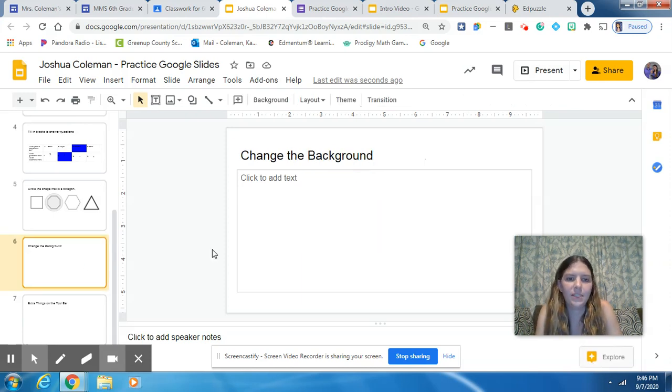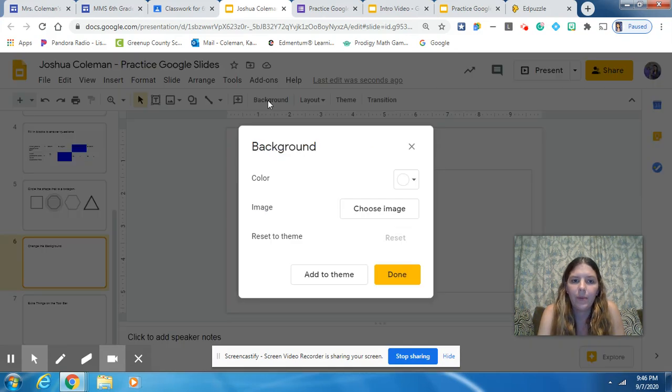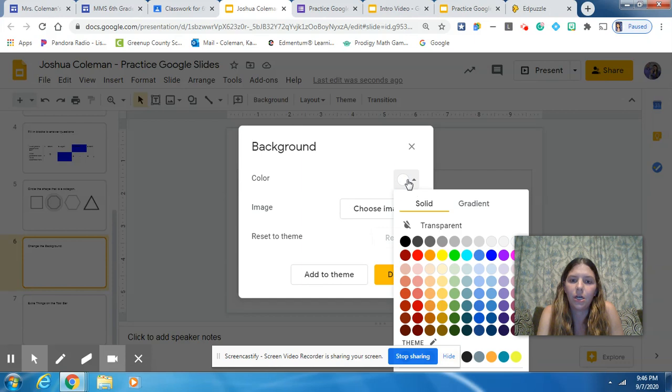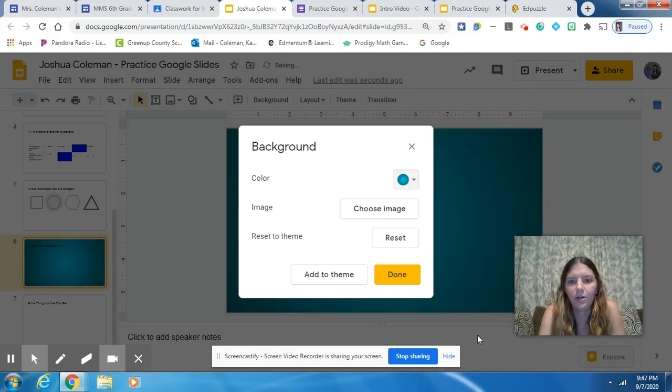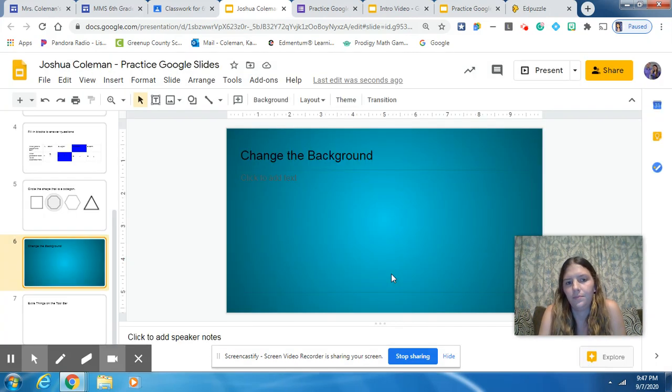Okay, slide number 6, changing the background. This is pretty easy. There is a button that actually says change background. So you can click background and you can choose a color to change the background, any solid color or a gradient. Say I want it to be a gradient. I'm going to select that color that I want it to be, and I can click done, and it changes